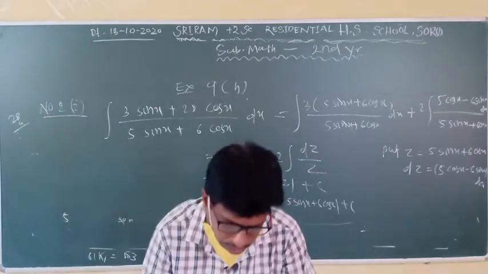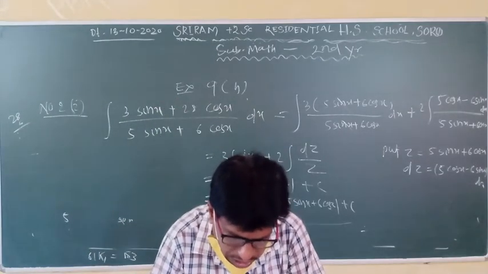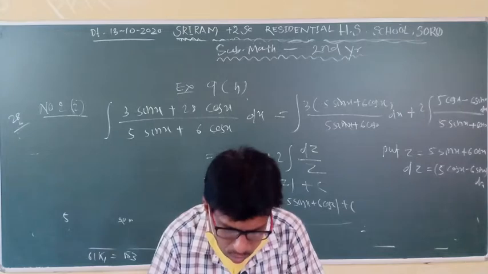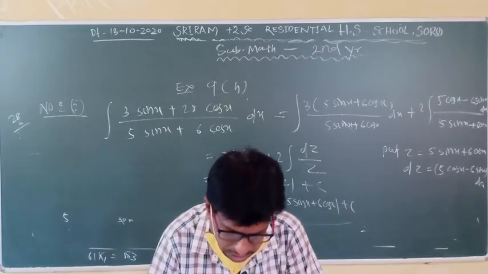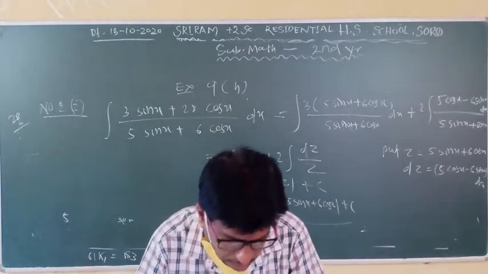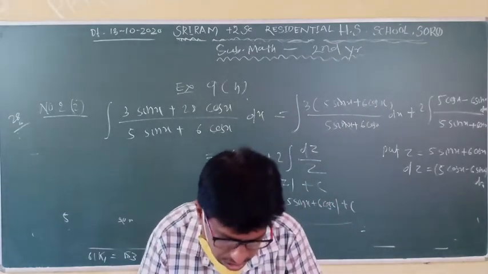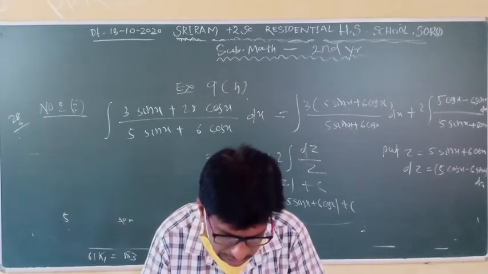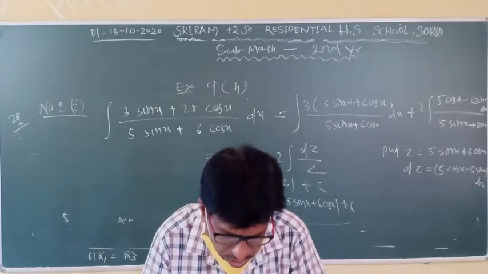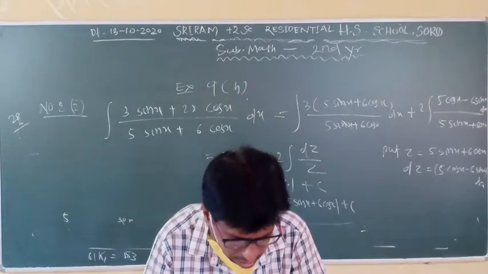Now I am going to solve some different types of questions in your books, number 3i and iv. But for number 2i, I have told you some tricks. 12 sin x minus 2 cos x divided by sin x plus cos x is one part, and the second part is 3 into dx by sin x plus cos x. Using form number 1, you can easily find it.